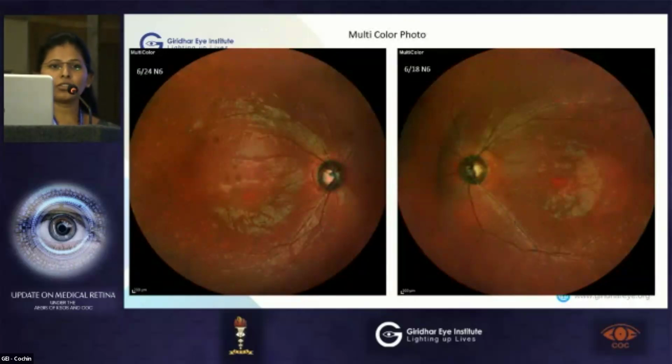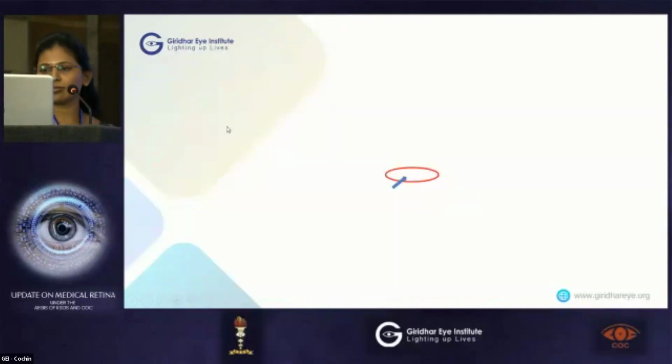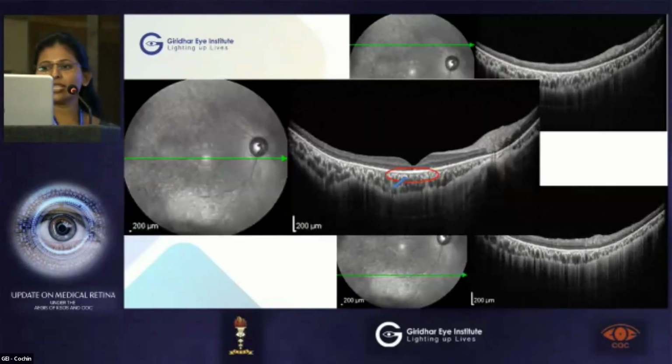Unfortunately, we don't have the color fundus photo. However, this is a multicolor photo. On careful examination, there was some disc pallor, which was not appreciated on this multicolor photo. There was arteriolar attenuation, and RPE mottling can be seen along the arcades. OCT showed only subfoveal